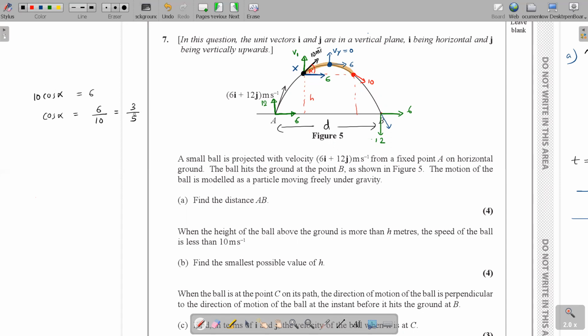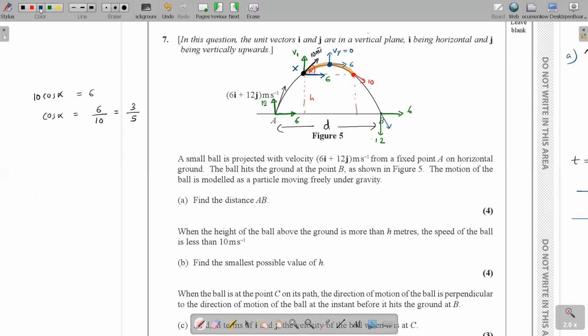So why am I doing this? You might be wondering why I'm doing this. I'm doing this because I'm going to find alpha, and with the help of alpha, I'll be finding my vertical component of velocity. So when I find my vertical component, I can use a normal equation, v squared equals u squared plus 2as, and I can find this vertical height h. So I'm trying to find this V1 so that it can help me find this height h. The understanding is what takes time here, but the process is quite easy.